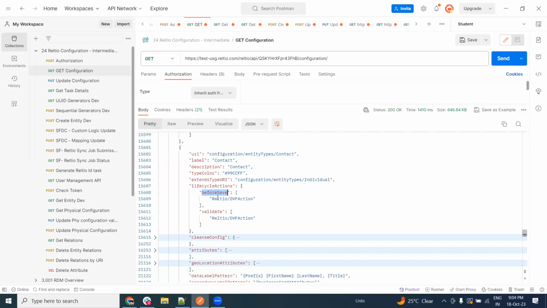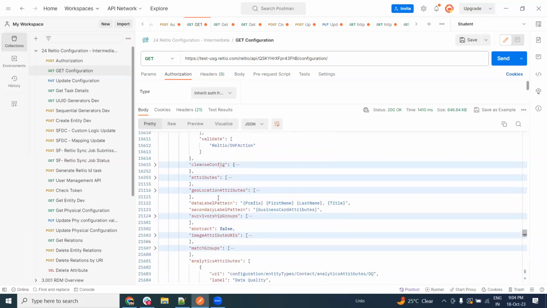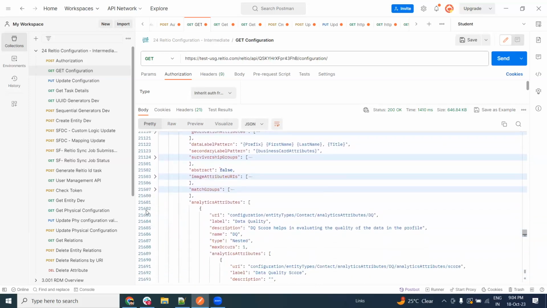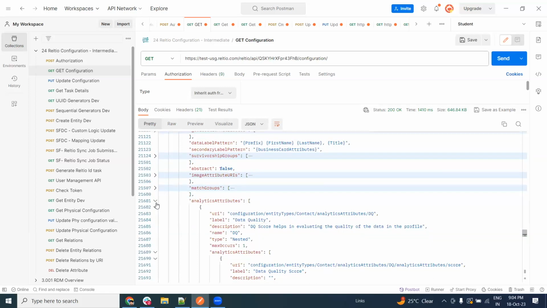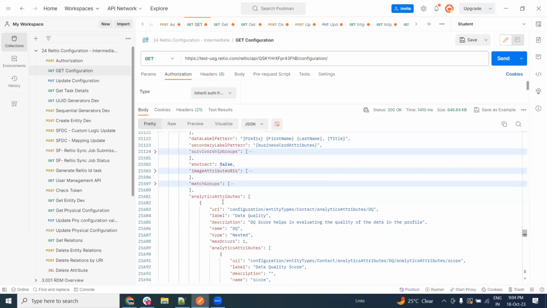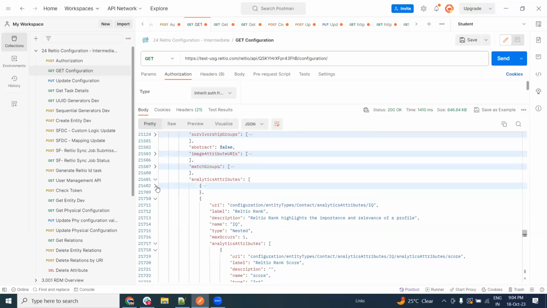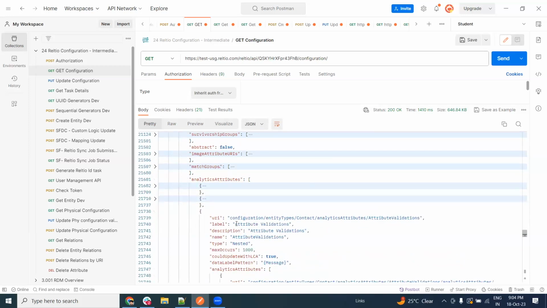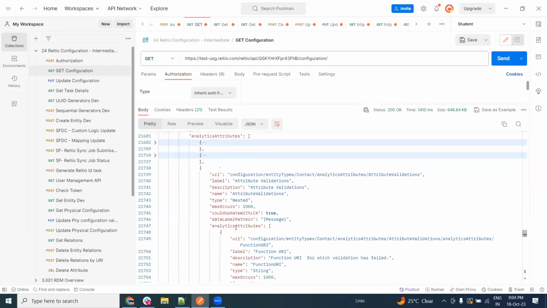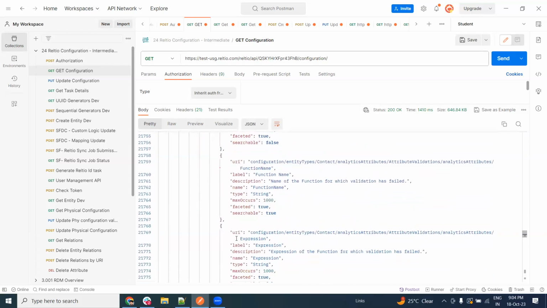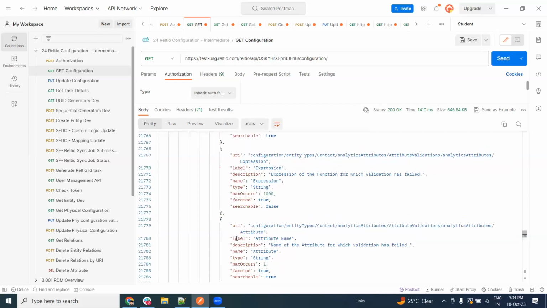So these are the two hooks which are added the first time that you create a validation function on the entity, and the attributes which are used for storing the validation errors and warnings is called the analytics attribute. Within the analytics attributes, you'll find attribute validations nested attributes,